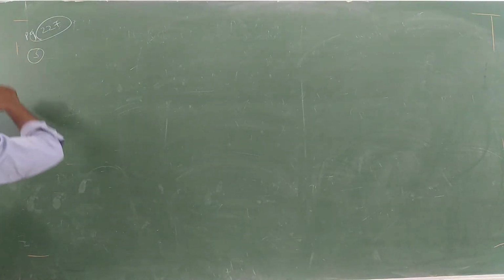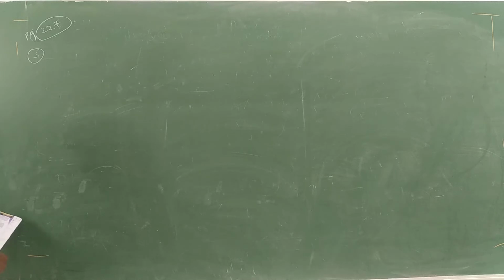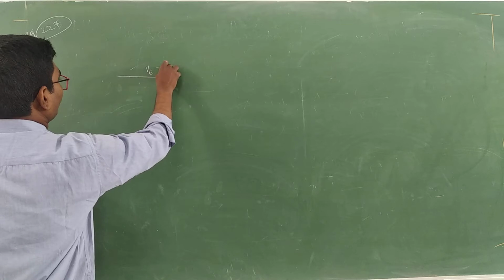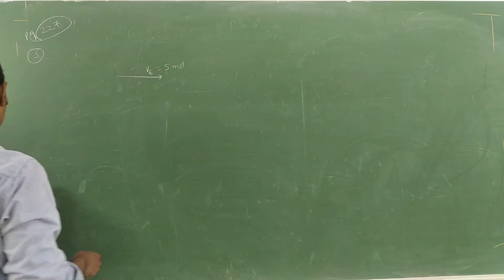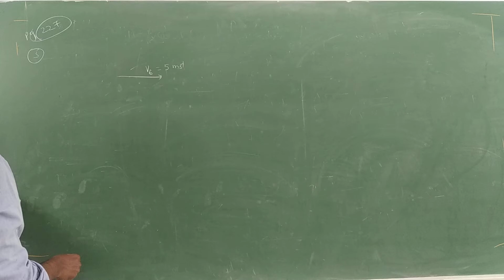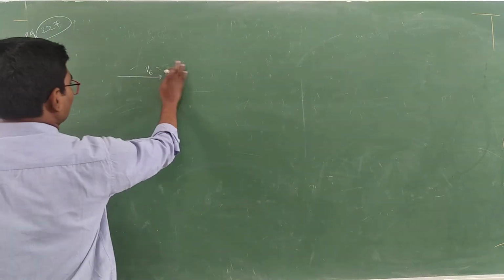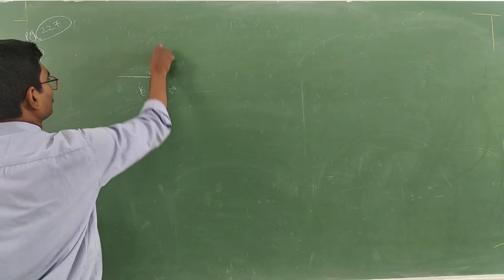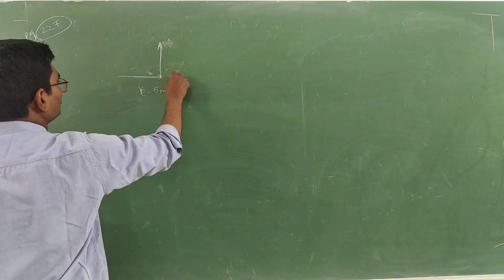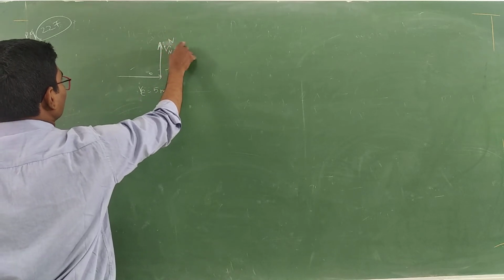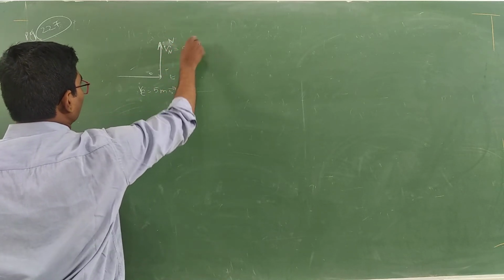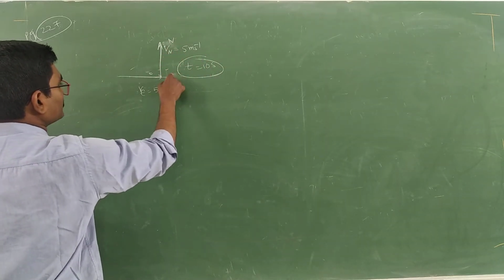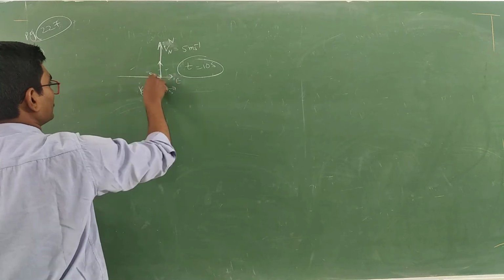See that 50th question. A train is moving towards east with a velocity of 5 meters per second. Next, it changes its direction towards north. This is north, this is east. So velocity along north is equal to how much? Same, 5 meters per second. But time taken is equal to 10 seconds. After reaching east, it is turning like this.